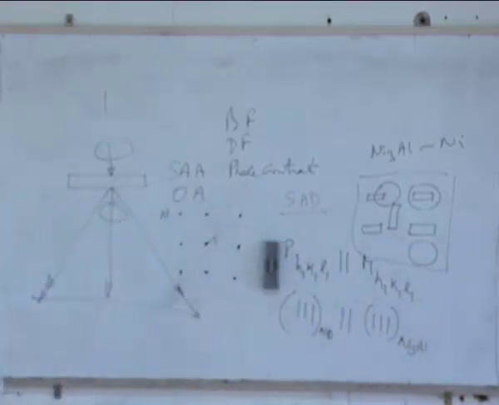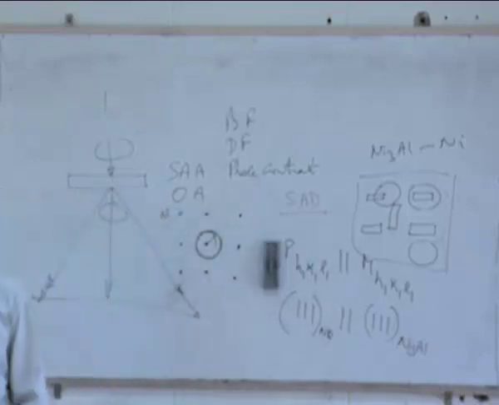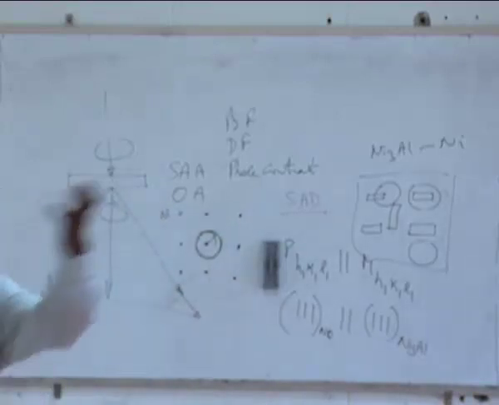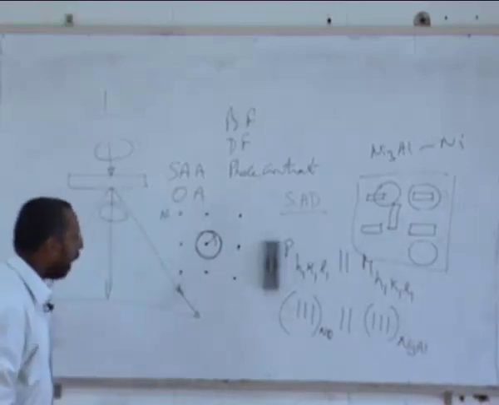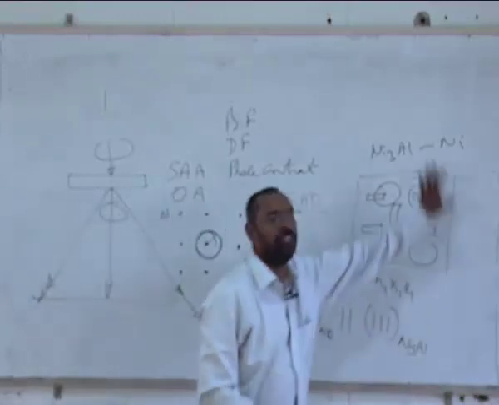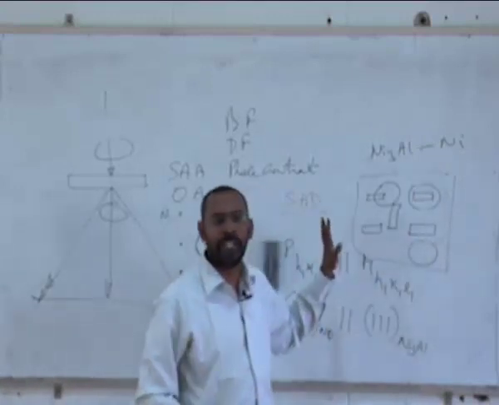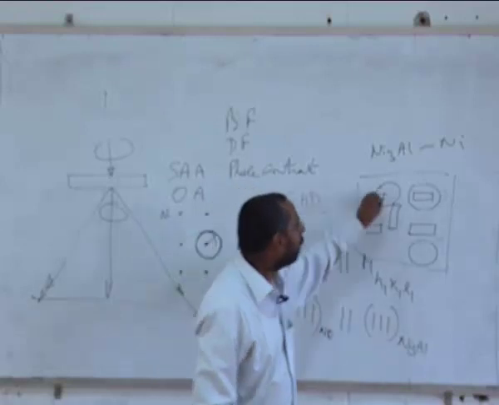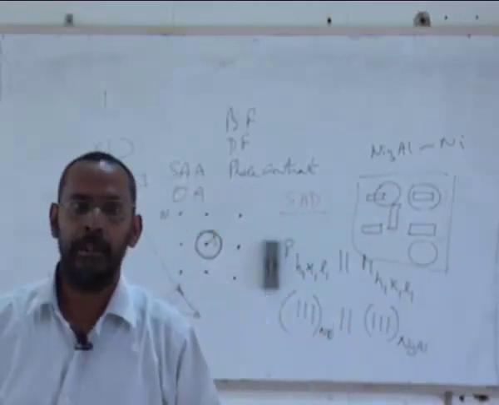pattern. After getting the diffraction pattern, if I choose this objective aperture and place it around the transmitted spot and get the image of the sample, the image that I see, I am now not looking at the diffraction pattern, but I am seeing the actual image. The image will look like the whole background will be bright and the precipitates which are giving the diffraction will be black in color.